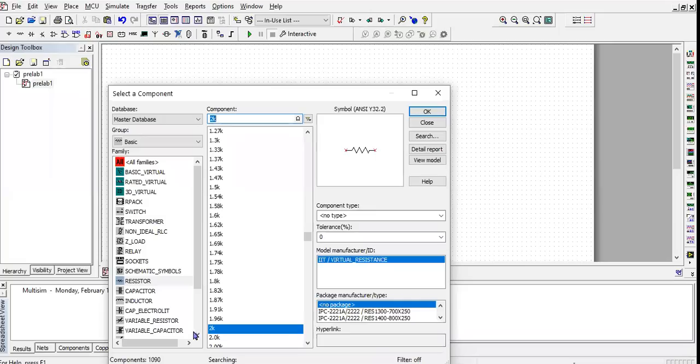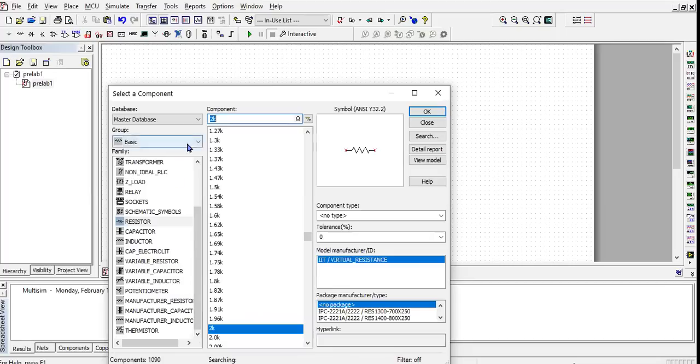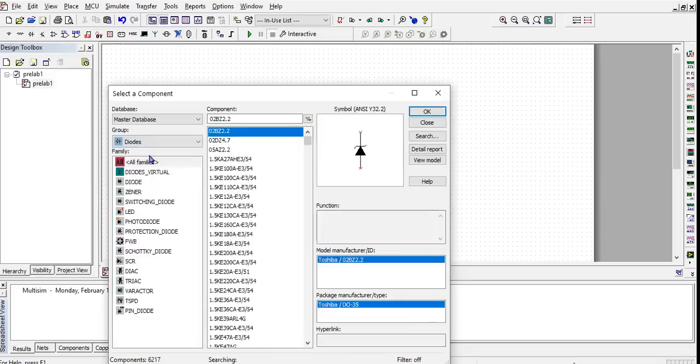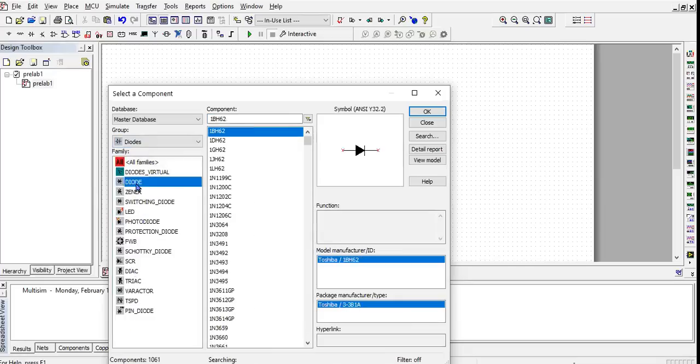And after this, what we need is a diode, and that diode is not here, as you can see. So we need to go to the diodes selection here, and here we have a lot of diodes available. So we will go for the standard diode, and the number that we usually use is 1N4001. So let's try to find it. See, now you can see here